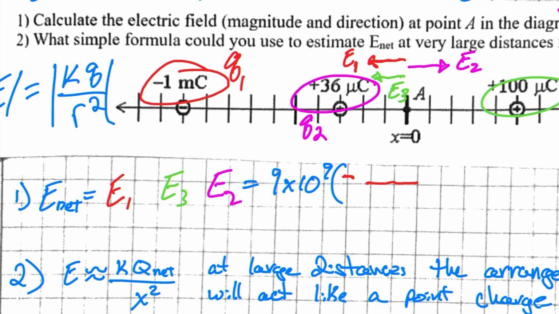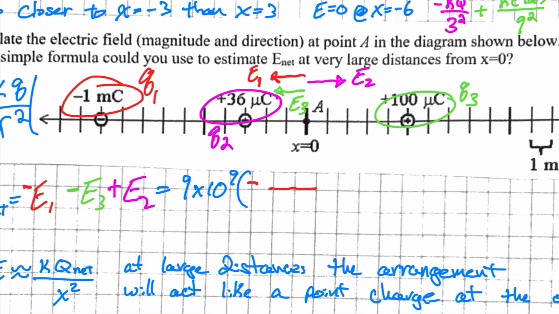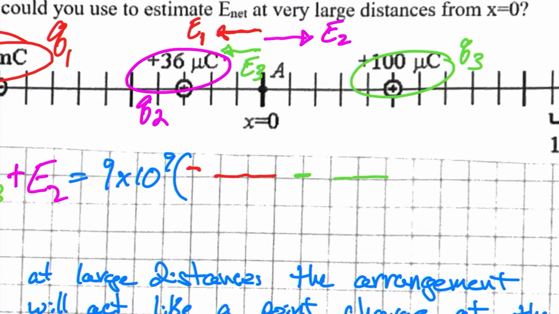E1 here should be negative. E3 should be negative, and then E2 should be positive. We've got negative E1, and we're going to have a minus. Again, this would be like Q2 over R2 squared, and then we'll have a plus